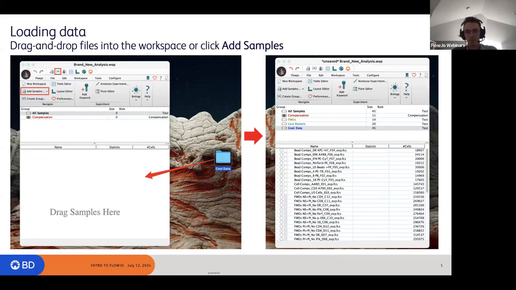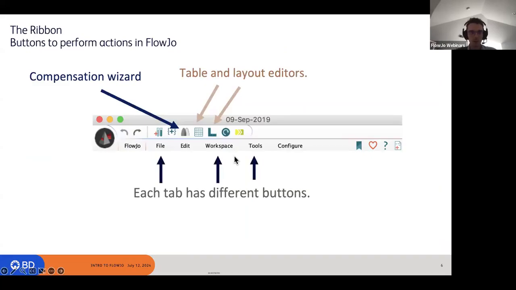Yeah, and so cruising along, let's take a look at some components of the FlowJo workspace. The ribbon, as I mentioned, these are the different ribbon tabs. They control what buttons are available to use. If you're looking for a button, I would just click through the different tabs until you find it. There's some organization to them, but for the most part, I would just click along until you find whatever button